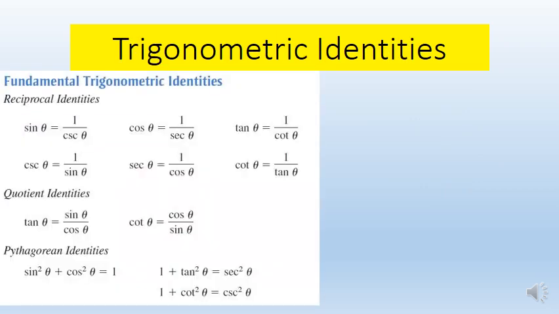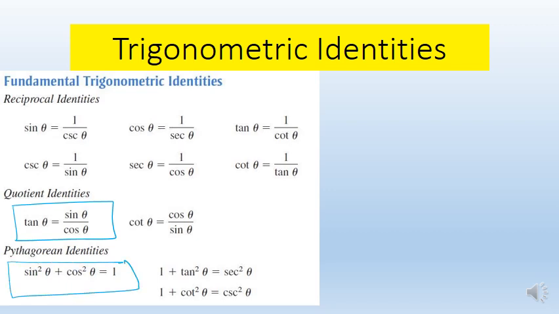Now, here's the big one, trig identities. And in the exams, you're always asked to prove these identities. I'm not sure whether you've come across things like sine theta is 1 over cosec theta, cos theta is 1 over sec theta, tan theta is 1 over cot theta. Generally in school, we focus on sine, cos, and tan. But what's important here would be these ones. Tan theta, we've already proved, is sine theta over cos theta. But these identities that you see at the bottom,